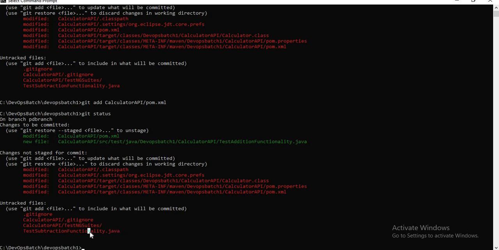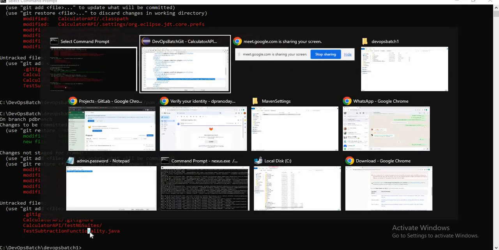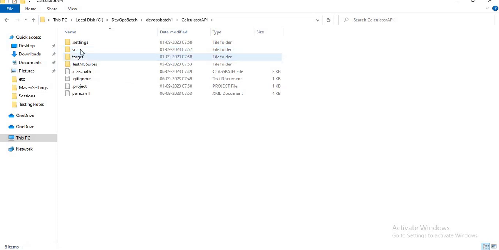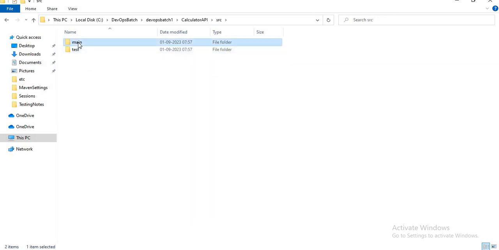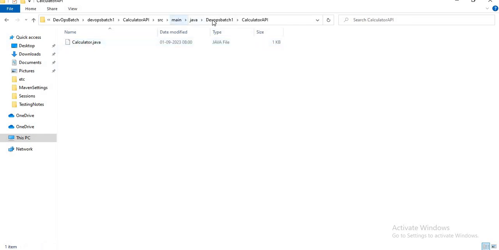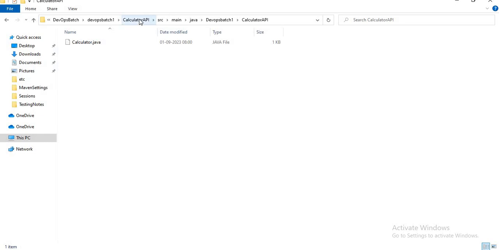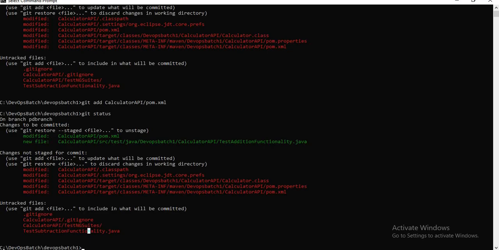So this subtraction functionality.java, I'll just take it out from the project for now because we are currently not talking about subtraction, right? Let me check test subtraction functionality. I have already taken it out, I suppose. In src test java I have got only test addition.